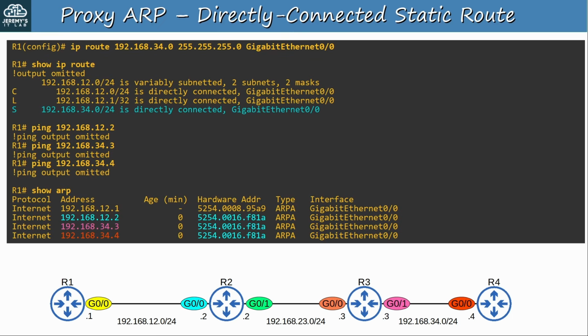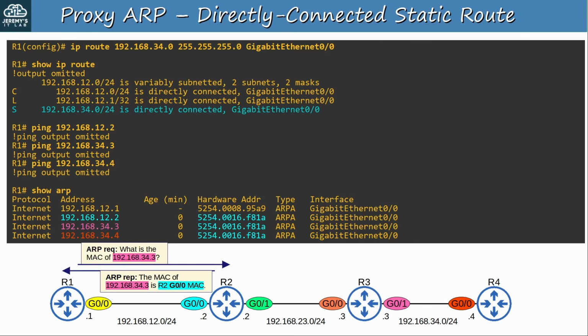They are all the same, and that's because they are all the MAC address of R2's G0/0 interface. Because R1 thinks the 34.0/24 subnet is directly connected, it tries to send ARP requests directly to R3 or R4. Neither R3 nor R4 receive those ARP requests, but because R2 has a route for the 34.0/24 subnet in its routing table, it uses Proxy ARP to reply on their behalf, telling R1 to use R2's MAC address for those